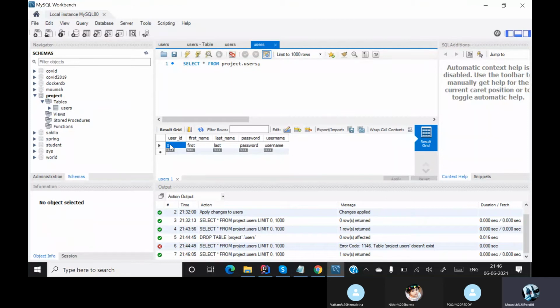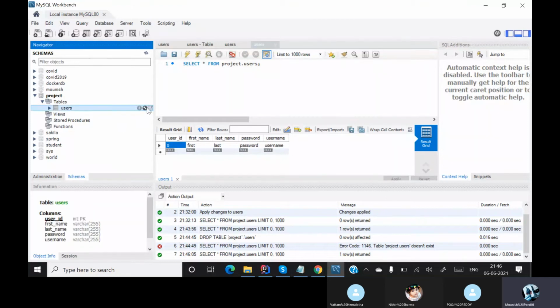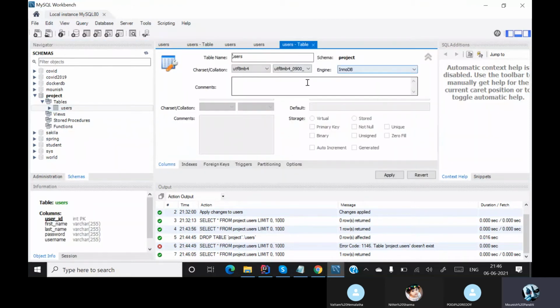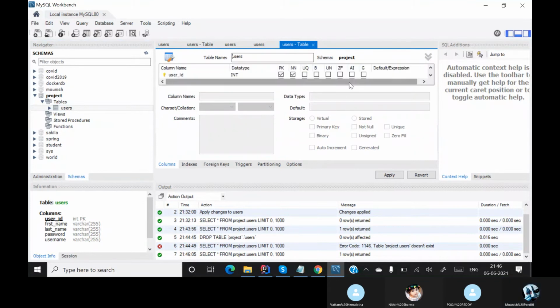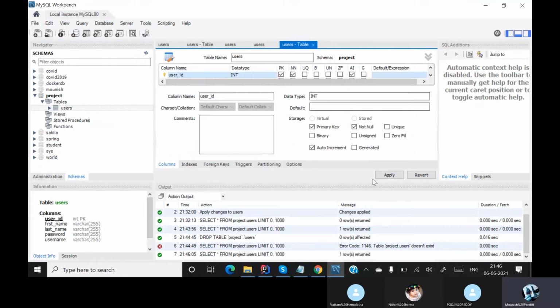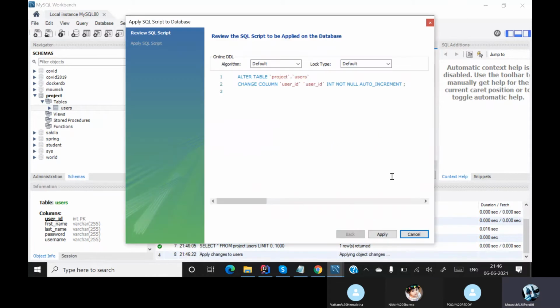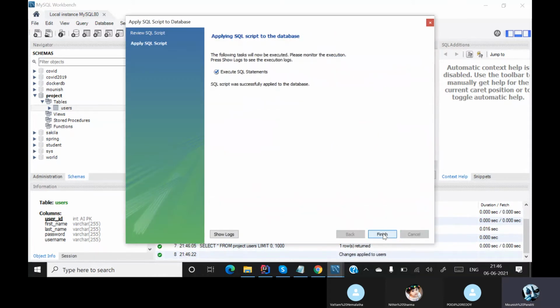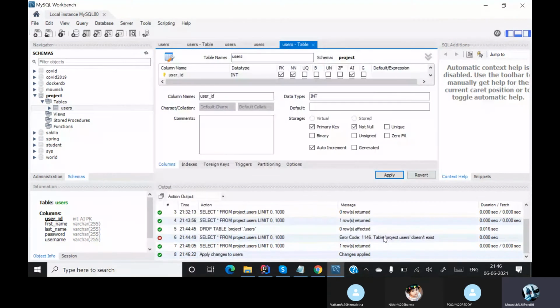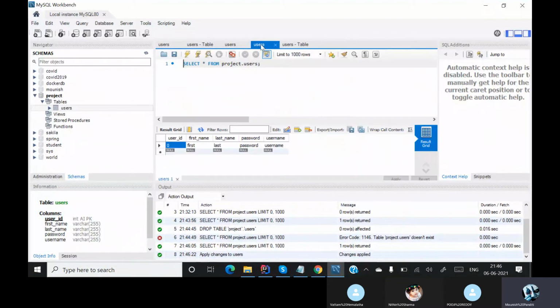The only problem with this kind of usage is the primary key: the auto incrementation we have to do manually because Java doesn't know about the auto incrementation. For that also there is a way, but it gets too complicated, so I'll not go into that much. But this is what we do.